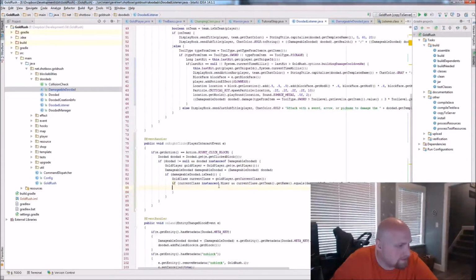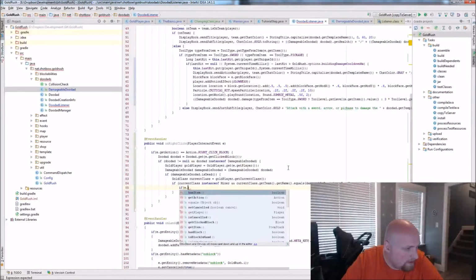If current class is minor, I might want to rework how I check the class, but basically I'm checking if it's a minor and if they're on the same team as the damageable doodad, and they're right clicking a block.